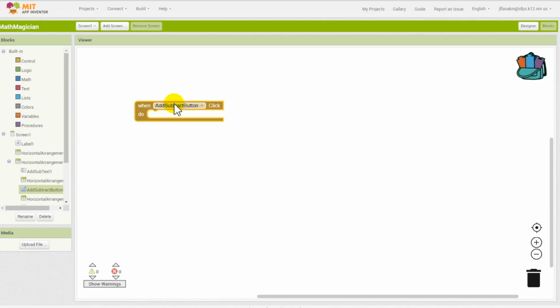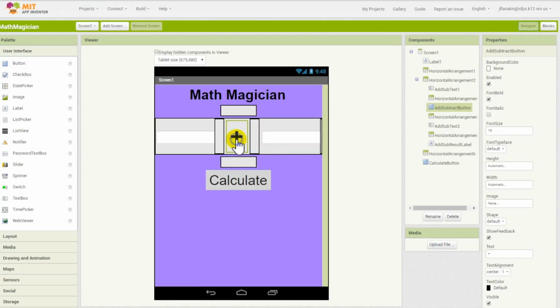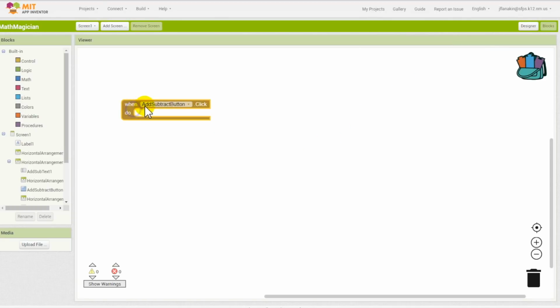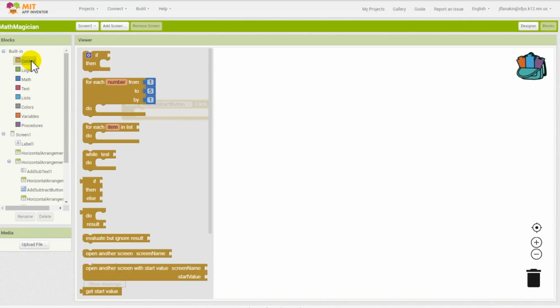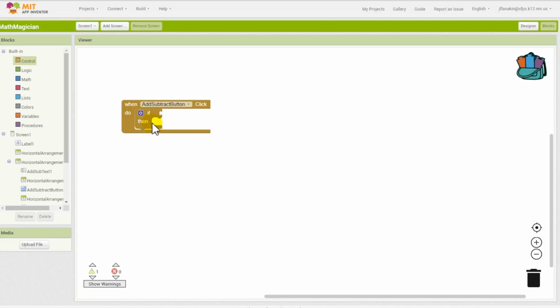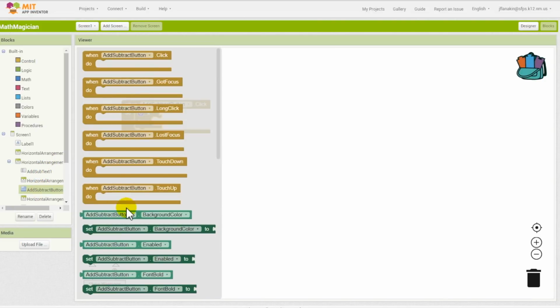An event handler is just something that tells the app that, hey, the user wants to do something, right? So when the add subtract button dot click, when that button is clicked, we want this to change from a plus to a minus. Now you could just say when the button is clicked, change the plus to a minus. We could do that. But we have to take into account if it says minus, we want it to change into a plus. So it needs to go back and forth. And to solve that, we're going to use an if-then block. All right. So we're going to say if the button's text